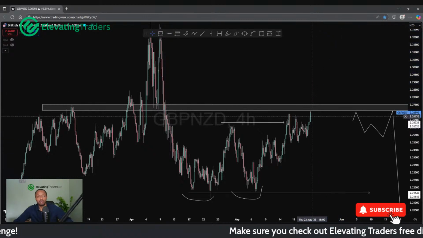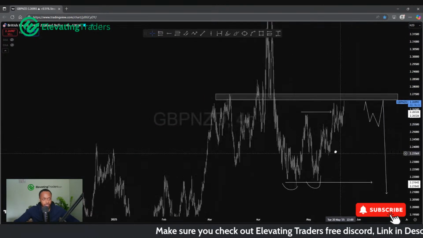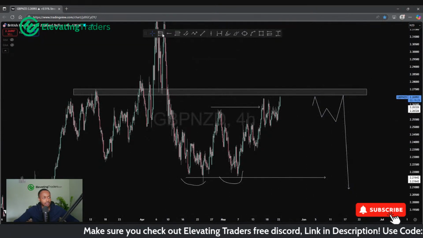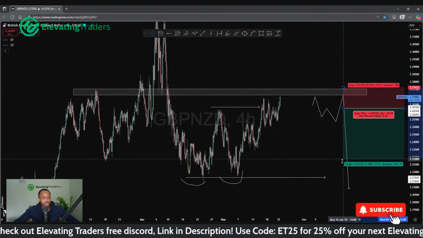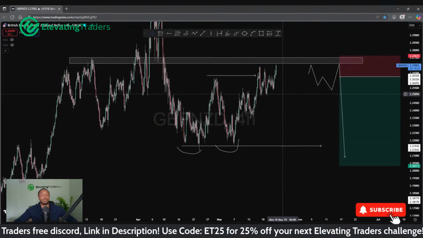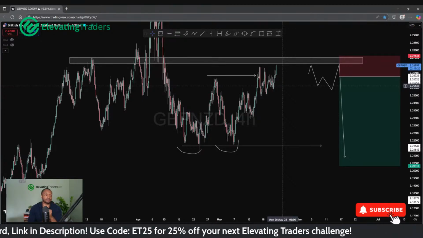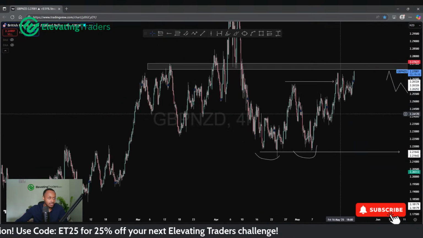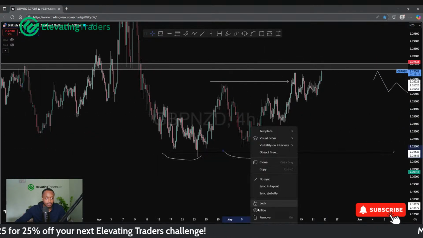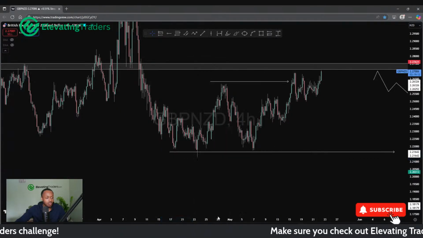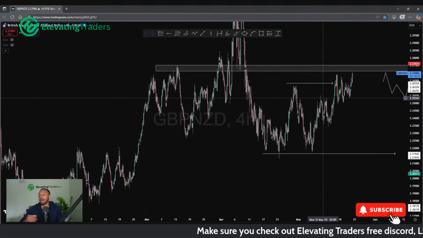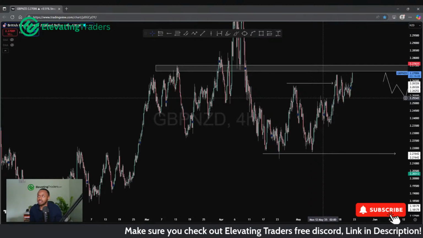If we struggle, see some wicks, double tops, I might actually look to have a stab at a short and see if I can take price back into the lows here, maybe further if things go well. But yeah, not quite convinced with the buys for either of them. Not quite convinced. I think Aussie and NZD are a bit weak. We're seeing a bit of a reaction to that. I don't think we can continue for the bigger move.